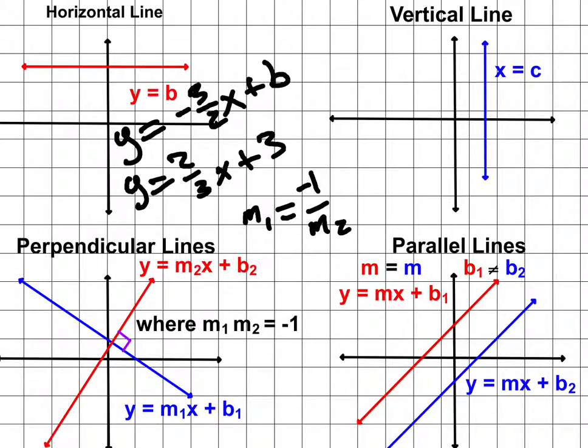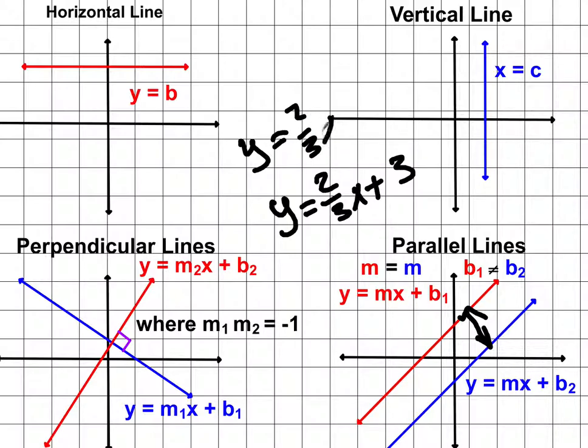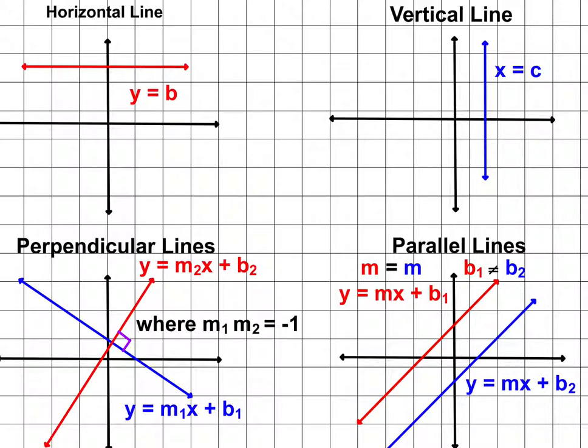Okay, the other type of line that we're going to talk about that's interesting is parallel lines. Parallel lines never cross each other, and that's because they always have the same slope. They never get any closer to each other. This distance stays the same forever on both sides. They have different y-intercepts and the same slope. So y equals 2/3 x plus 3 and y equals 2/3 x minus 4 are parallel lines. They cross the y-axis at two different places, but they're going to keep going in the same direction forever